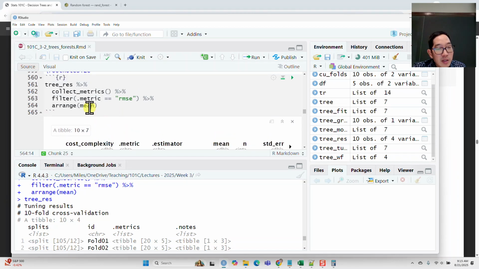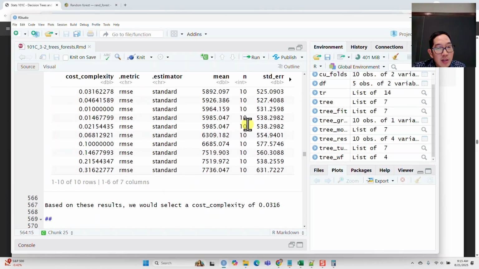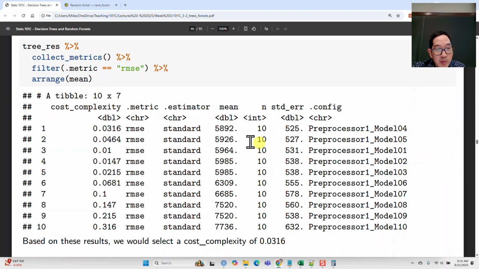And here I'm going to arrange based on the RMSE value, and we're going to ask, okay, which one had the smallest RMSE and for what different complexity parameters? And so the one with the lowest RMSE is our trees with a cost complexity parameter of around 3